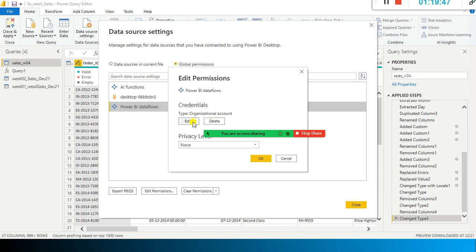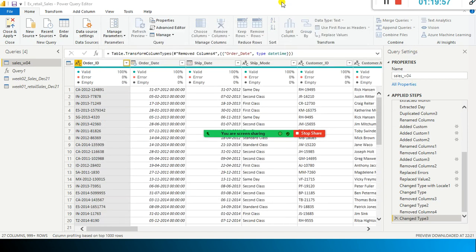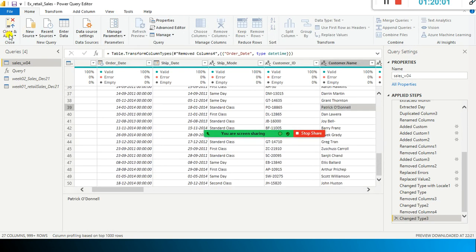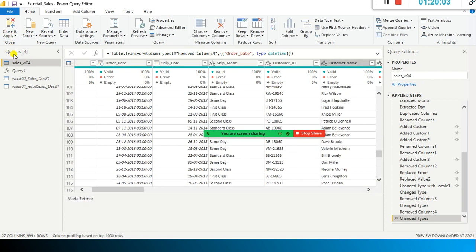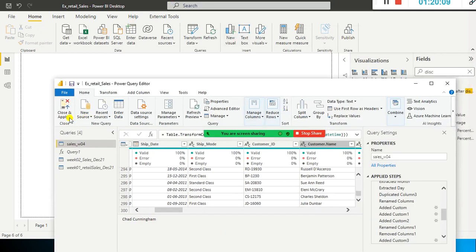Okay, sorry, I just made a stupid mistake here. We don't have to come here once you set this. See this one, in the very first session I discussed it once again. I just close and apply it. You remember the get data, right? That is where we need to get it.